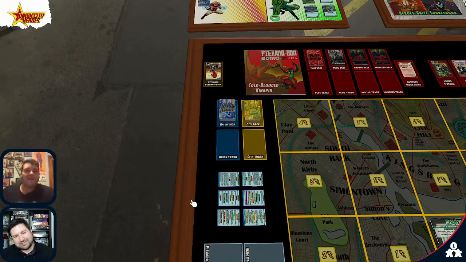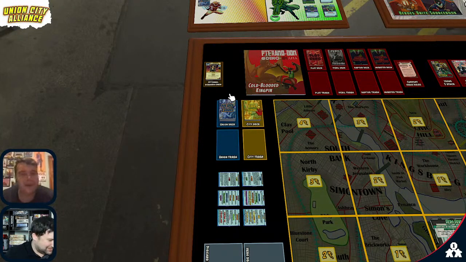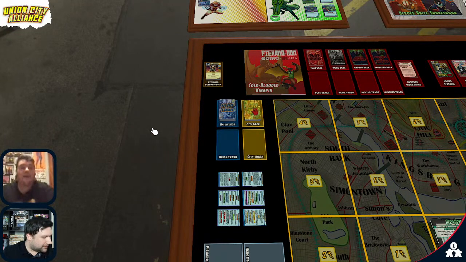Nice. So, do you want to play with the Street Pirates, or do you want to just go with the city deck straight up? Let's put the pirates in. Let's do it. Okay, cool. So let me grab the way we set up